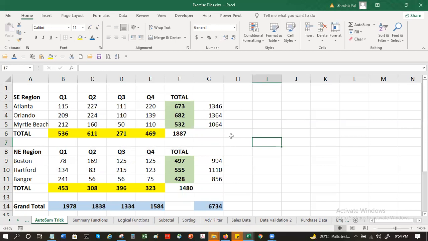Okay. So these are like simple tricks to make your life easy. You have a big table. We usually do auto sum by dragging and pulling it, so you can be more smart doing it this way. In case you find this convenient, just use it. But mind you, please do double check, because if you see here, this is doubled.